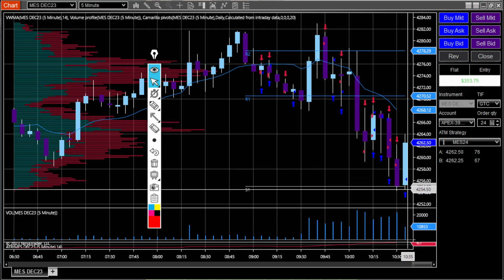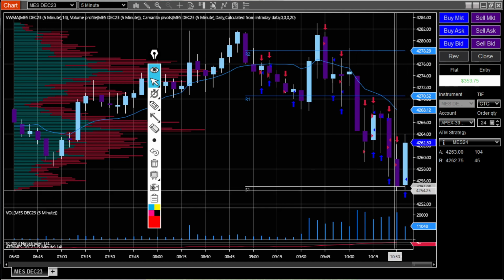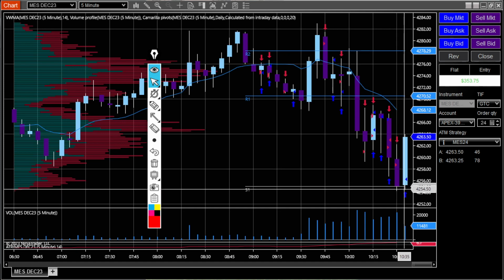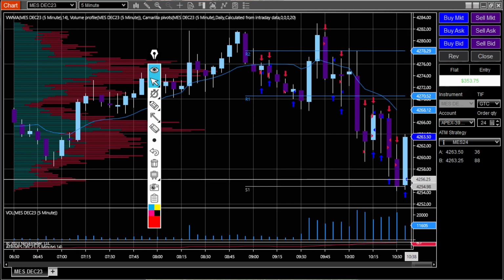This is a lower high at 42.54.50 compared to this candle right here at 42.54.25. Although just one tick, it's still significant coming up to the initial balance. So just cut it off right there, you know,